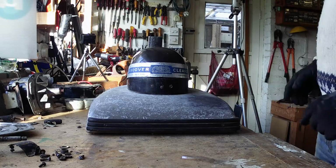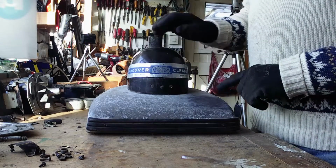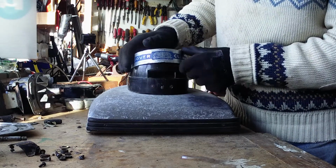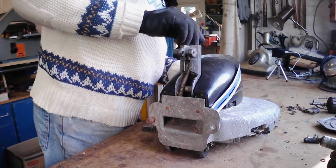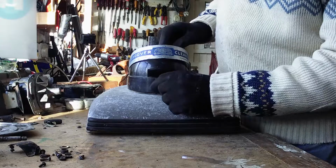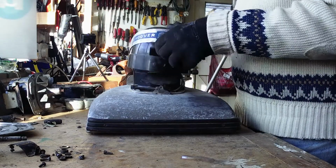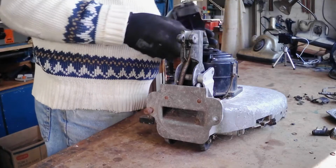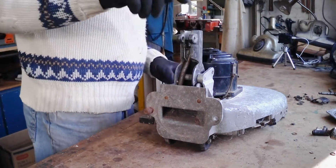Anyway, back to the 160. Now, to get the hood off the 160, the first thing you've got to do is lift this piece up here off the hood, and then you'll find a screw underneath. Take that screw out and then you should be able to lift the hood right off like so. Okay, so that's the hood off, and now you can see the motor in all its glory and the handle